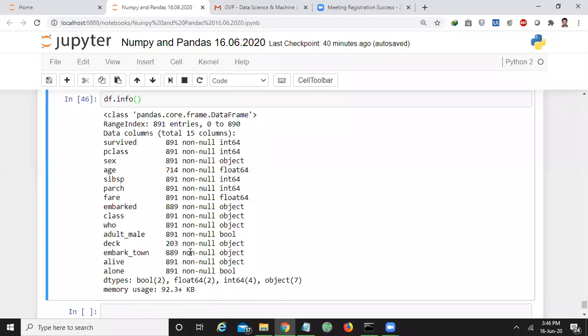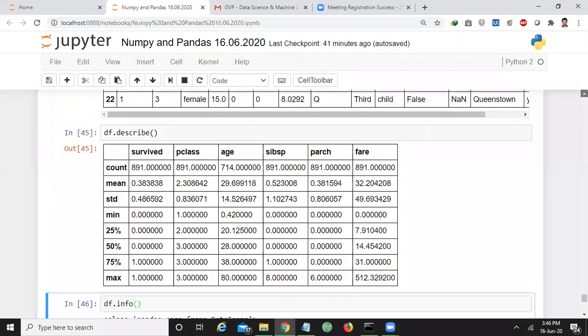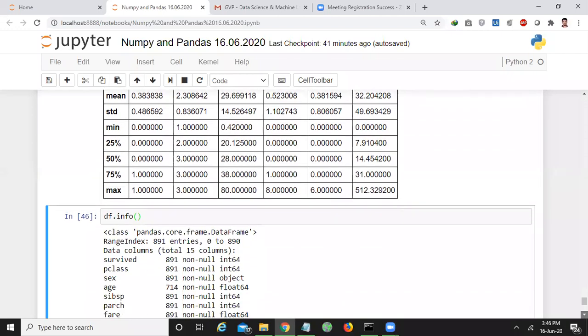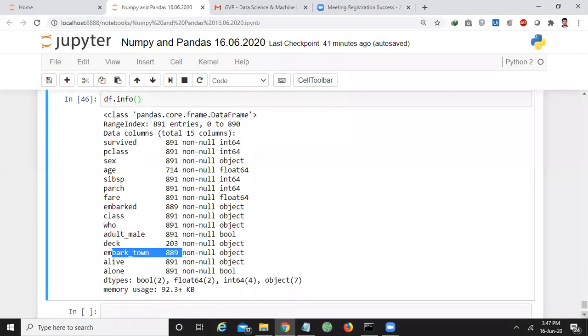In embark town we have only 889, which means we missed only 2 passengers' data there. If you want to do the required study, you can use df.describe and df.info. These two functions will give the consolidated study of the entire data.